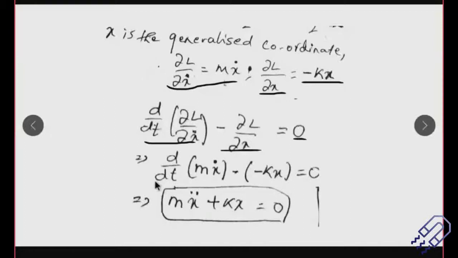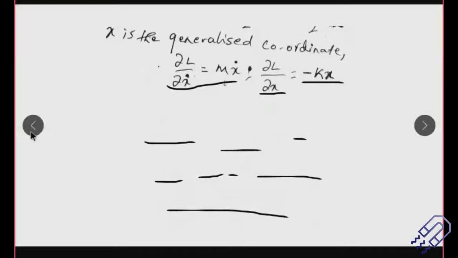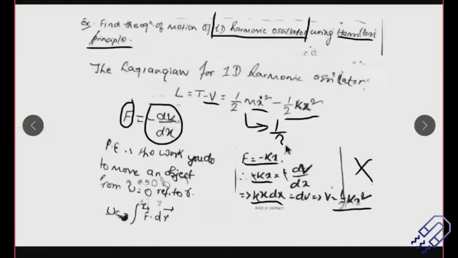But sometimes it does happen that, as I said, it's not mandatory that they will give you only a one-dimensional harmonic oscillator. It might be a two-dimensional or a three-dimensional harmonic oscillator. And then, of course, this part will actually have three parts, right? It will be half m times (x dot square plus y dot square plus z dot square), right? So it will be nothing but x dot square, and then y dot square and so on. So if I just consider two dimensions here, now you see there are two generalized coordinates, and I think we have already done it, but don't get confused here.